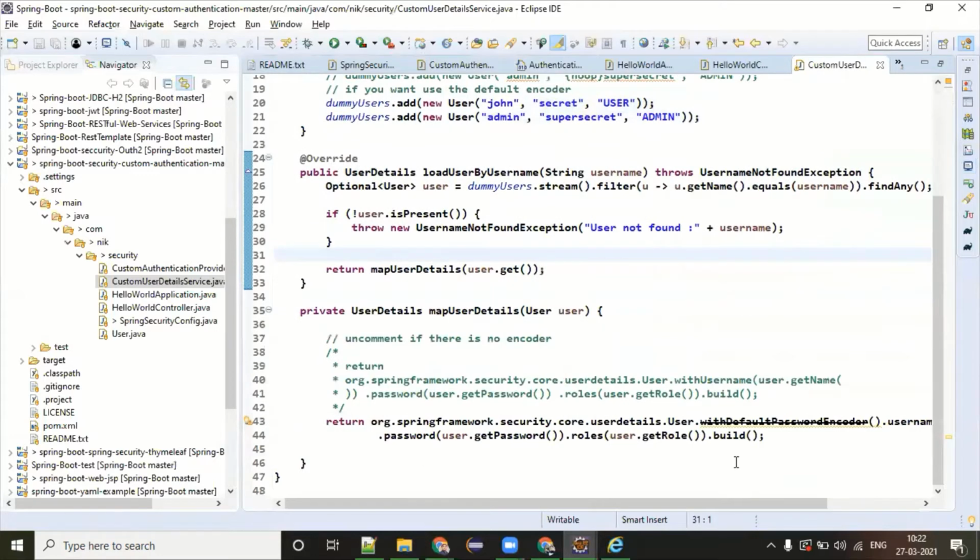Hello world from admin. So this is what you can use with the default encoder.